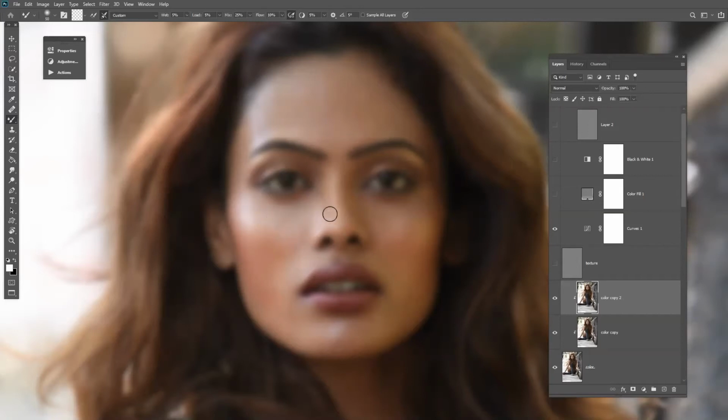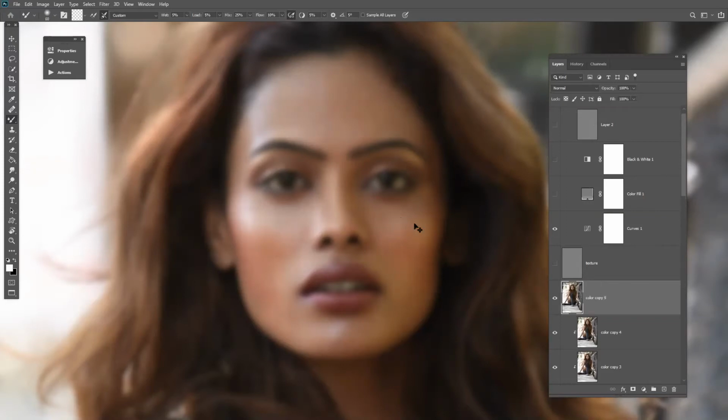See, now this area is done with me. I will take a copy and start working here. Make a copy. Now this is the area I have to work.